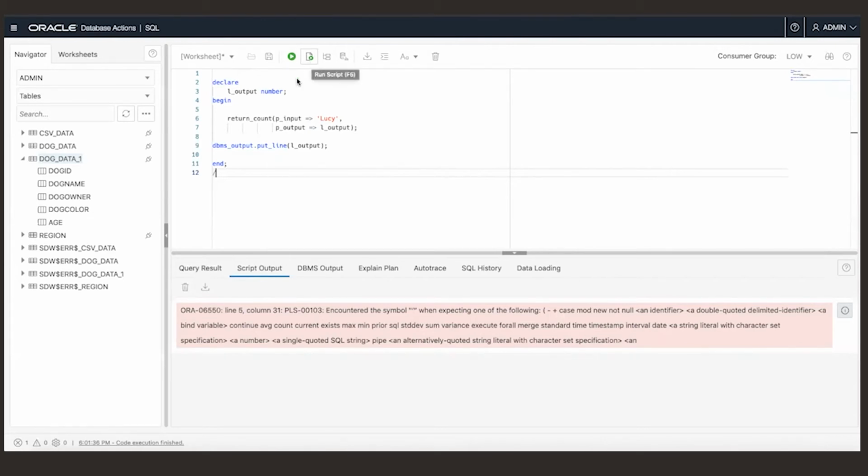All right, and next, as you can see here, we're going to run this function. We're going to specify the p input as Lucy, and then p output.